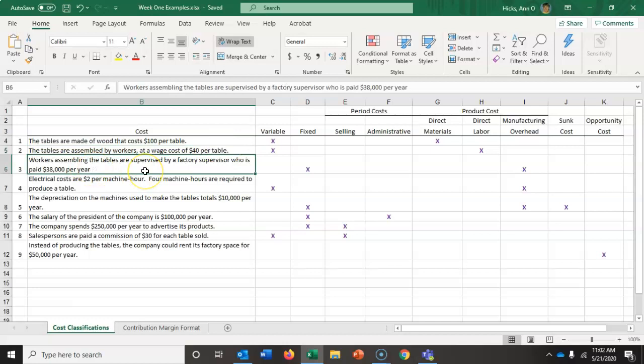That workers assembling the tables are supervised by a factory supervisor who is paid $38,000 per year. Well, will that total change if we manufacture more tables? And the answer is no, remembering that relevant range, that if the factory supervisor